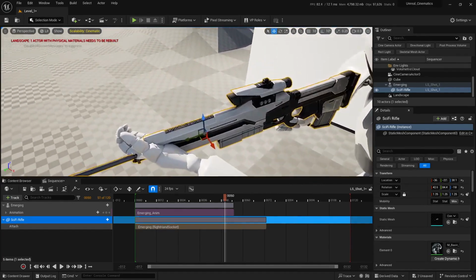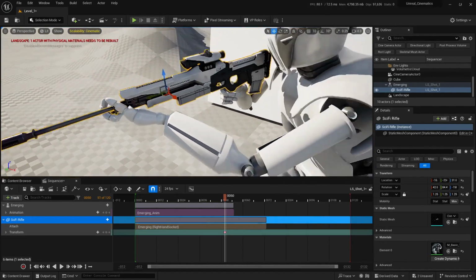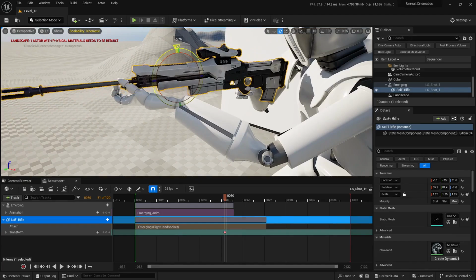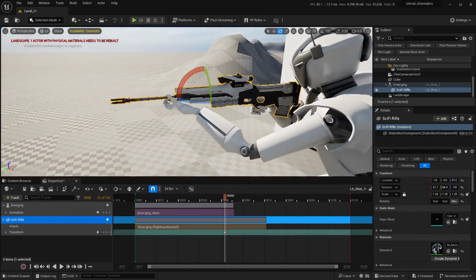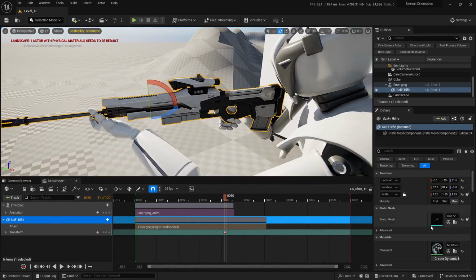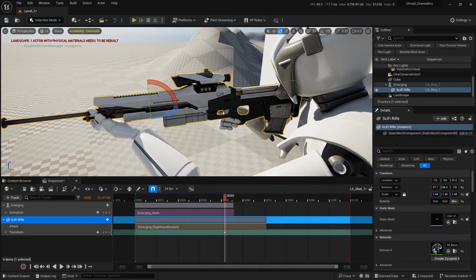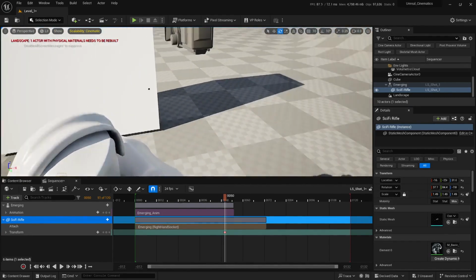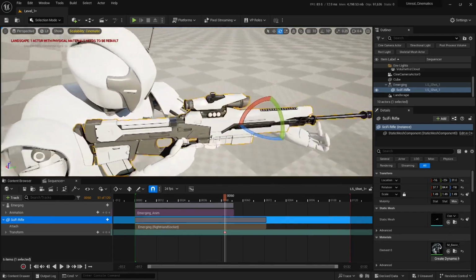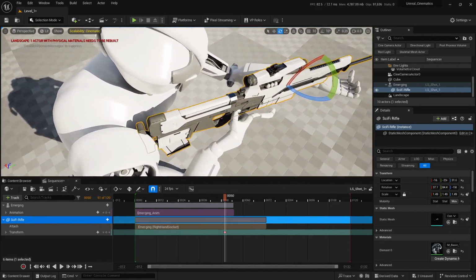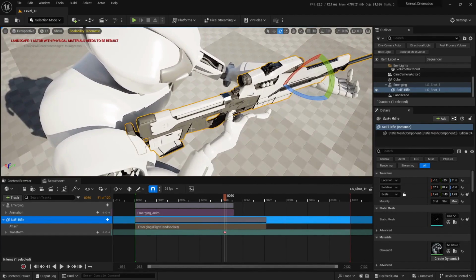So I'm gonna just come in here and move this up on Z and rotate it like so. And I think I'm gonna have to scale this thing up. Yeah, let's see. I'm gonna have to take a look on the other side and see if it is overlapping. Yeah, it is overlapping. So I'm gonna have to scale this thing down